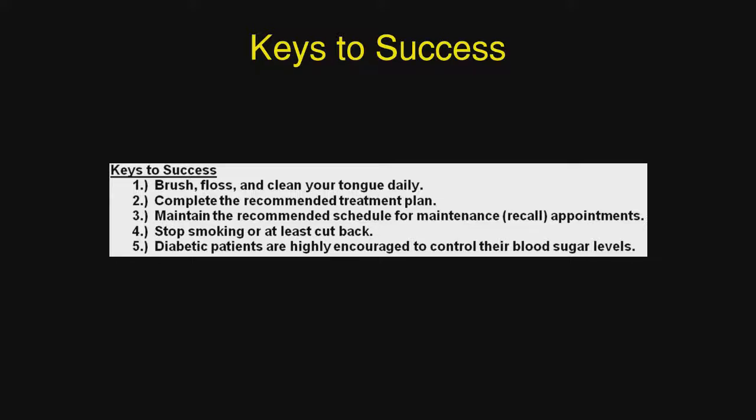Certainly patients are going to have to brush and floss, clean interdentally on a daily basis. Well, this is the premise of all periodontal health. We've got to have good home care. Also, they have to complete the recommended treatment on this. They've got to maintain the recommended recall maintenance schedule, and if smoking, they need to stop or cut back markedly. And the figure that I use on that is to cut back to 5 a day and certainly control their